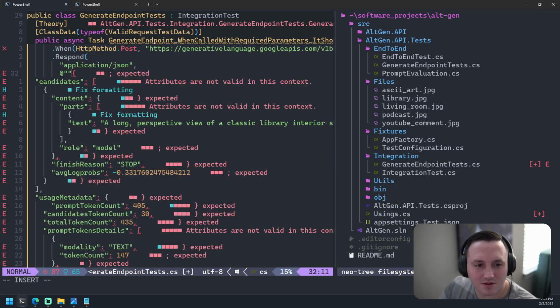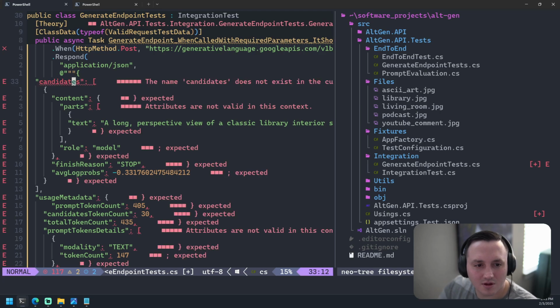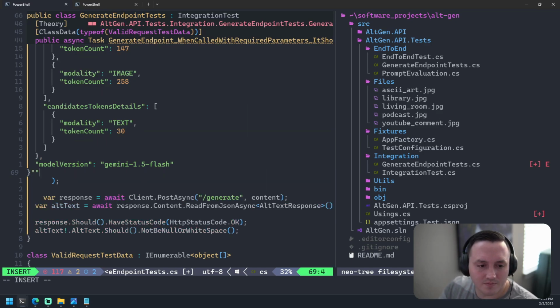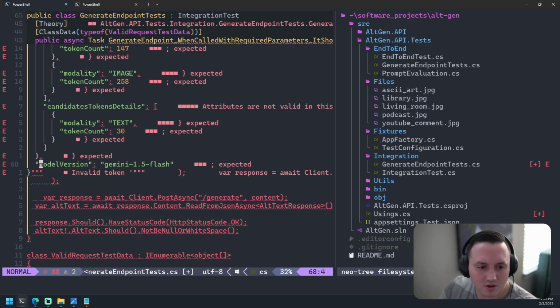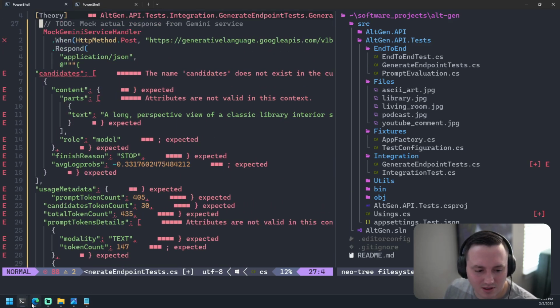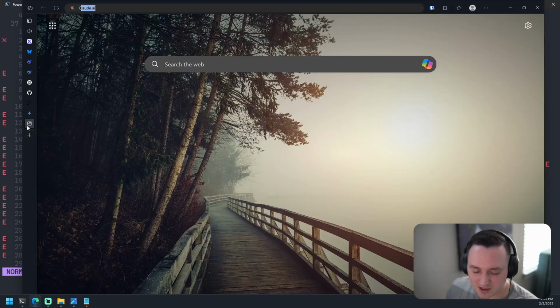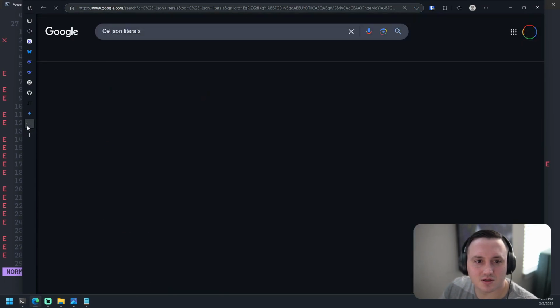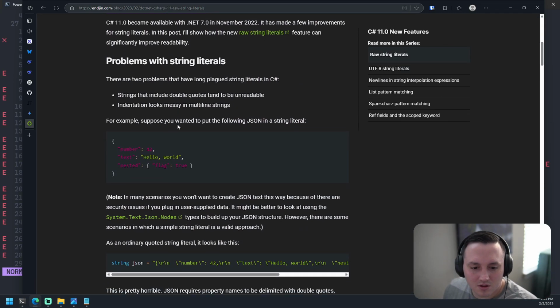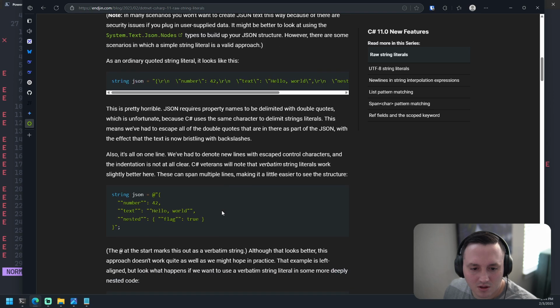We put three, is it 3 quotes? Yeah, how do we do this? And they added support for this recently. C# JSON literals. Yeah, okay, so we just need to double quote our